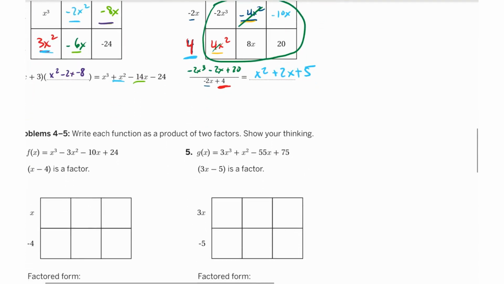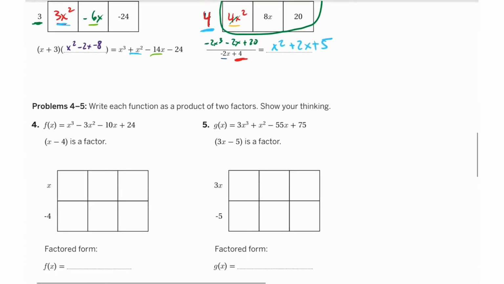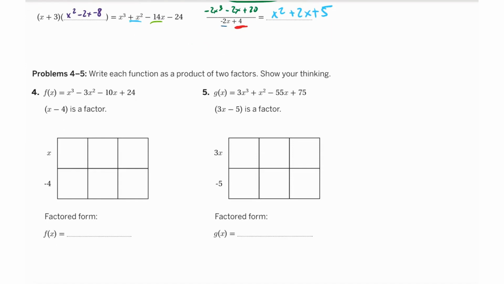4 and 5, write each function as a product of two factors and show your thinking. So this one here, we have our original equation. X minus 4 is a factor, so we're going to divide it by x minus 4. So how I start this problem here, after I've set up this box, is this first term goes